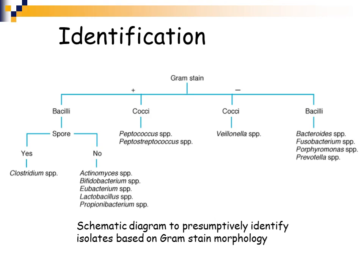Now, if it's a gram-positive coccus, it is likely Peptococcus or Peptostreptococcus. If it's a gram-negative coccus, it is likely Veillonella. If it's a gram-negative bacillus, it could be Bacteroides, Fusobacterium, Porphyromonas, or Prevotella. So this is a slide that you should memorize because it is telling you which genera are what type of